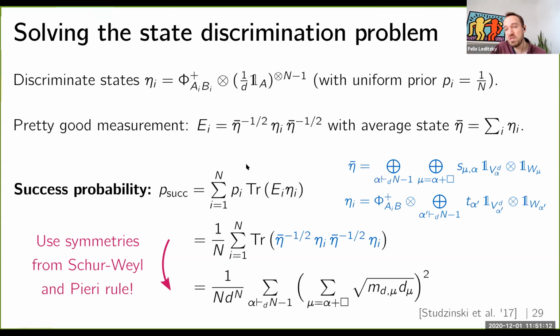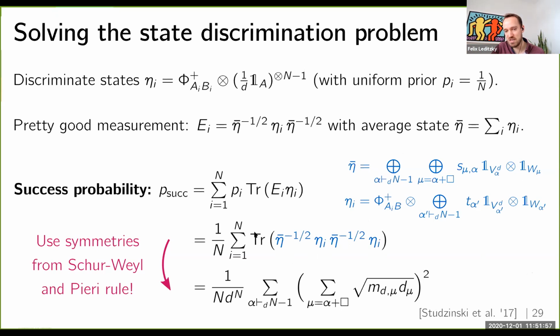And so now we want to compute this success probability functional. So we want to compute this expression here. The p_i for us are just 1 over n, so we can pull this out. And for E_i, we can insert this form for the pretty good measurement. And so now this already looks a little nicer than before. And now remember that we have these nice decompositions of our operators. The eta bar can be decomposed using this Pieri rule applied to the Schur-Weyl duality. And the eta_i state is even simpler because it's just plain Schur-Weyl duality combined with the maximally entangled state. And I will not go through the details of how to do this, but then you can actually